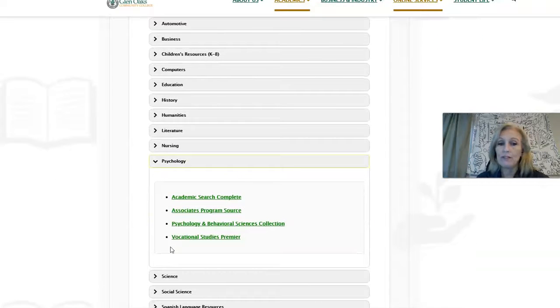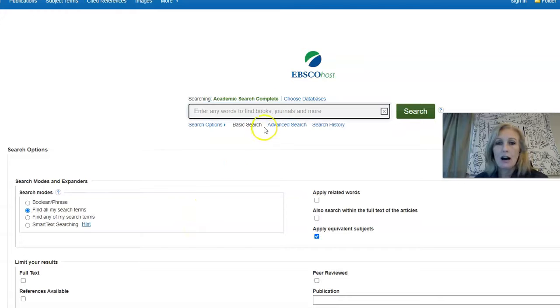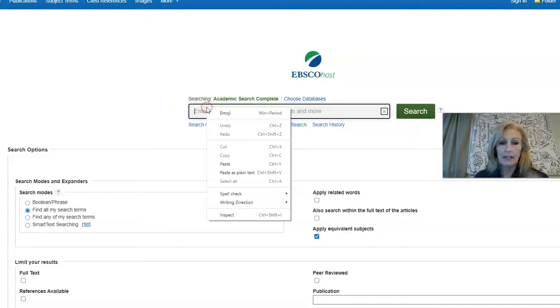There are several different ones within the psychology link. Academic Search, let's do that one, or the Behavioral Sciences Collection. I would go with either one of those two. And then you wind up with a search like this. All libraries have this type of a search, especially the EBSCOhost. The library I use for my PhD is set up kind of the same way. So let's see. Let's say we want to look up